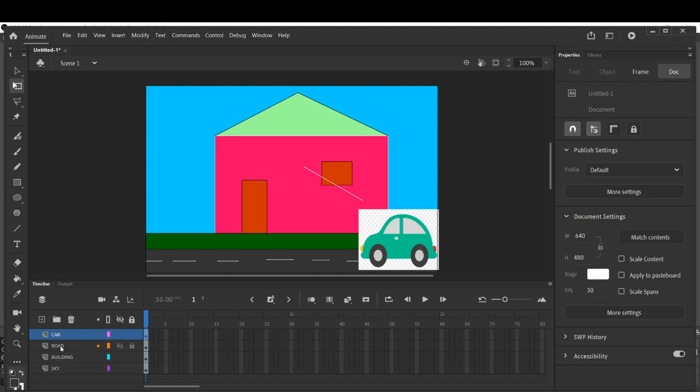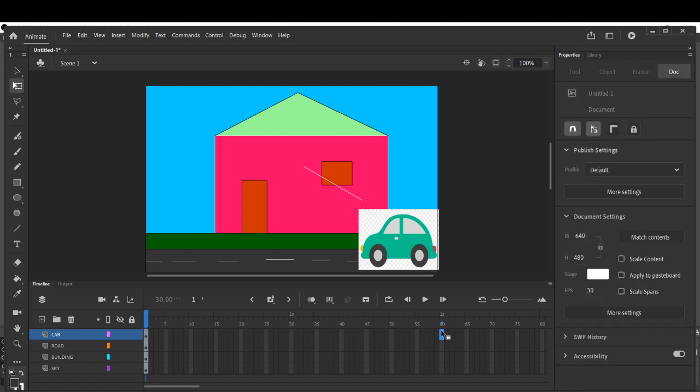On the road layer we have inserted some grass and the road, and on the car layer I have imported a pre-designed car. You can create it also, it will take time. That's why, to save time, I have imported this picture which I have saved in my PC.